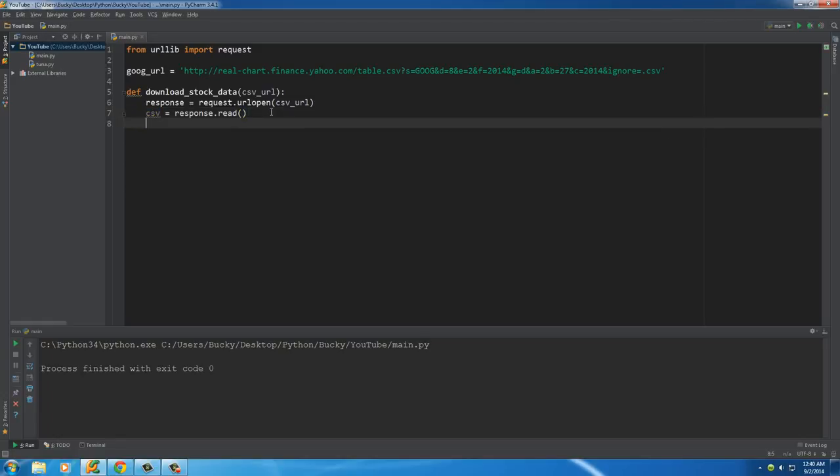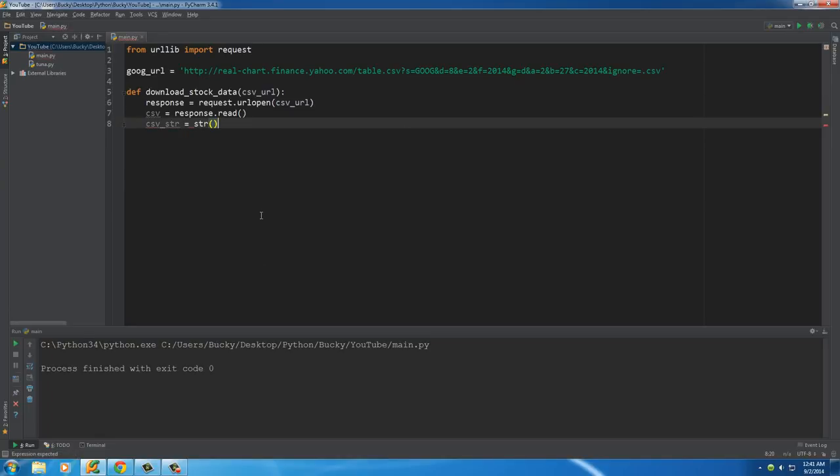So what I want to do now is, since we have all that data stored in a variable called CSV, I don't know if that's string data or maybe it's numerical data, maybe it's date data. I want to guarantee that the data we just read in is a string, so then we won't have any problems later on. So what I can do in that case is put csv underscore str